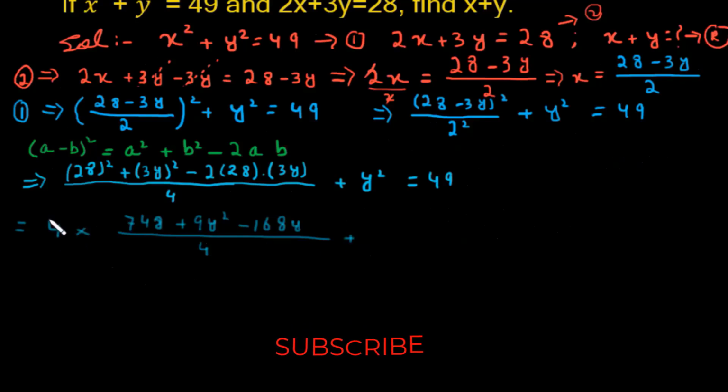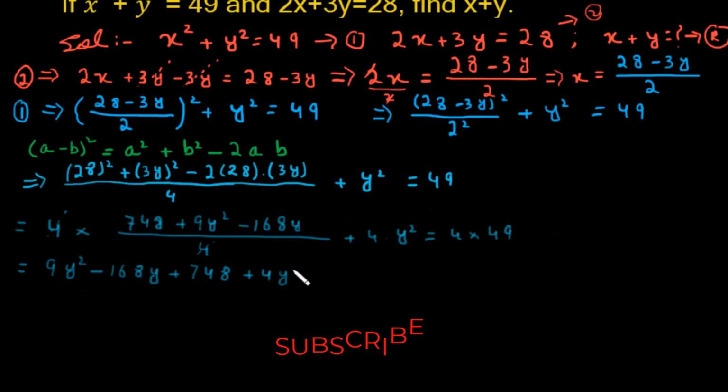As I have to multiply 4 with all of the elements, this 4 will be multiplied with y squared and also with 49. Now this gets cancelled, and writing it in a more appropriate way, I will come up with 9y squared minus 168y plus 784 plus 4y squared is equal to,